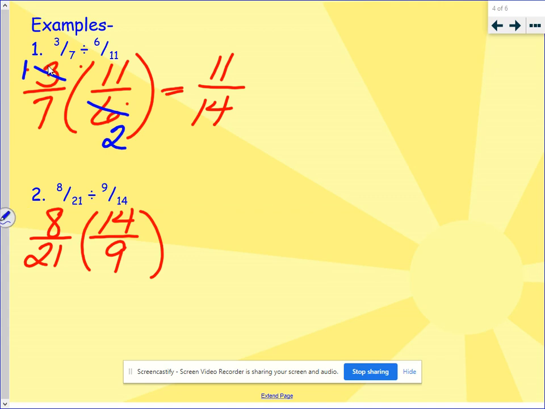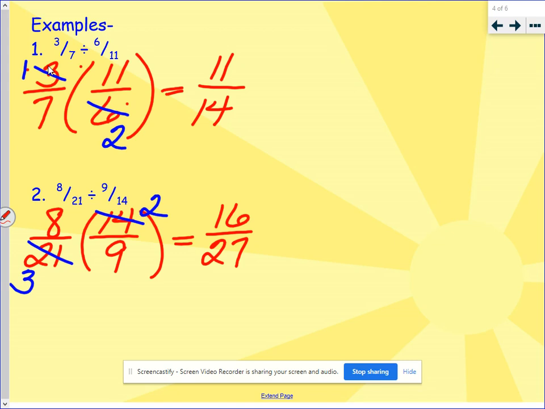We take notice that 7 goes into 14 and 21, so 7 goes into 14 twice. 7 goes into 21 3 times. We then say 8 times 2 is 16, and 3 times 9 is 27. So 8/21 divided by 9/14 gives us a quotient of